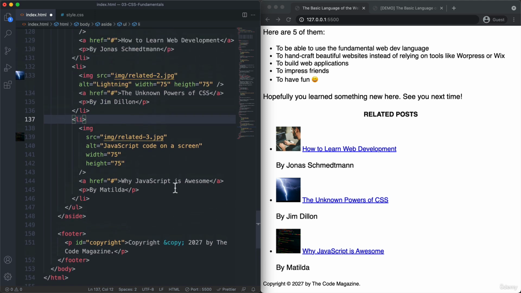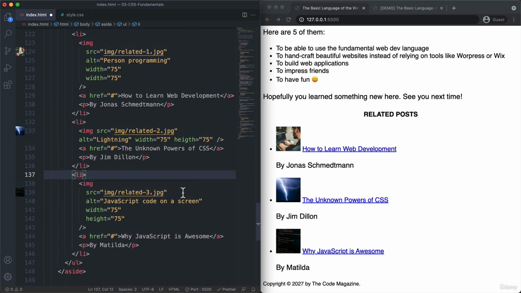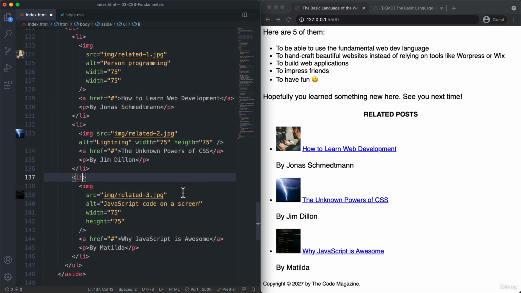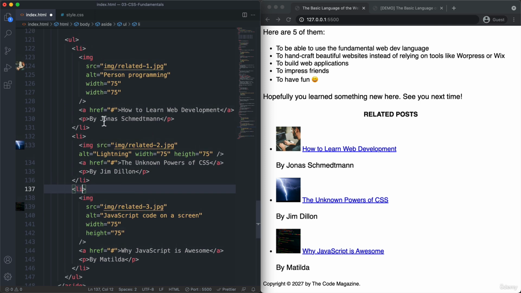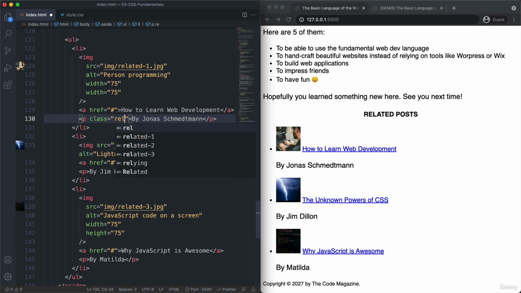Okay, so let me show you an example of using classes. And so what I want to do now is to style these authors here of these 3 related posts in a different way. So basically that's this p element here, and this one, and this one. And so again, I can now not use the ID of, say, related author. So instead, I need to use the class attribute, and let's call it